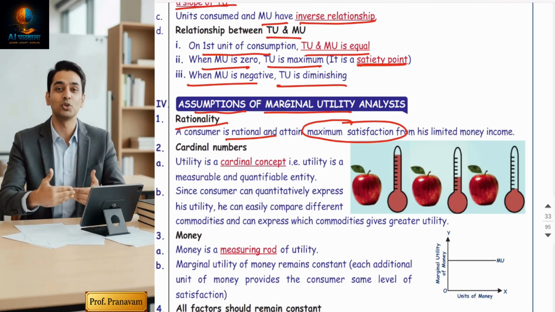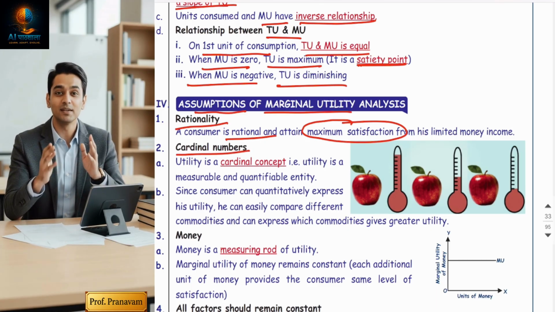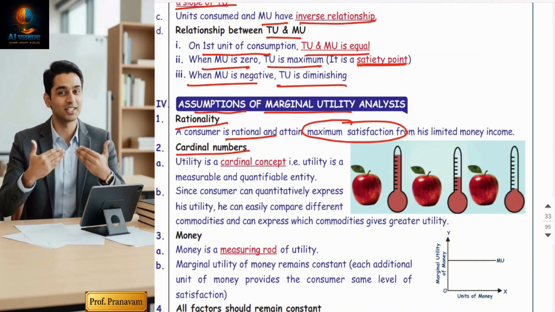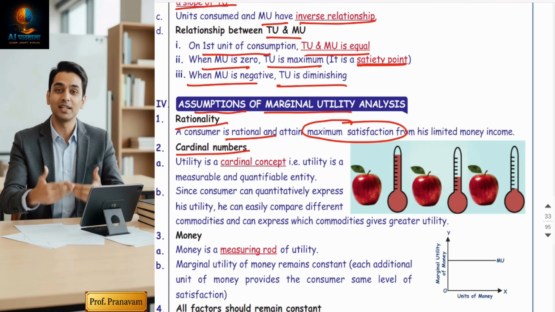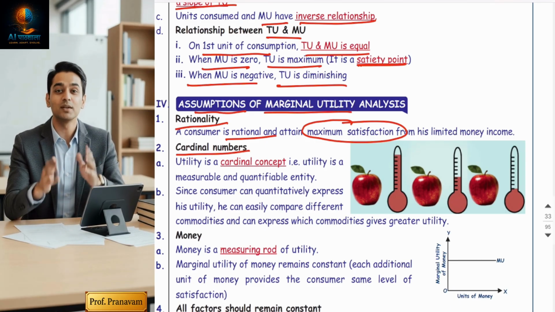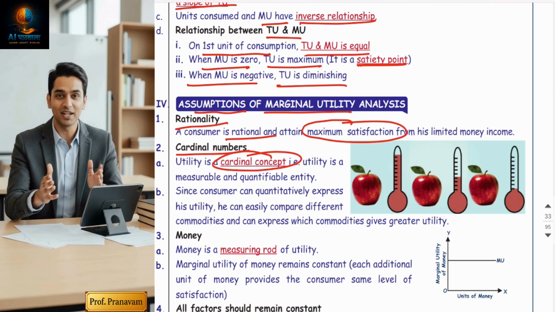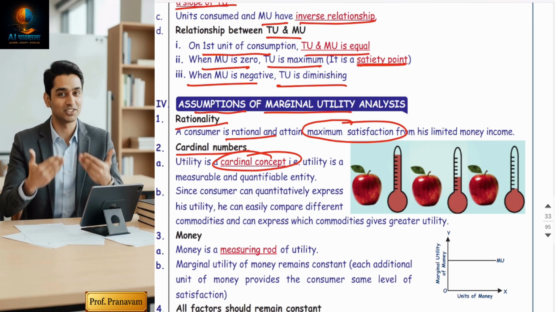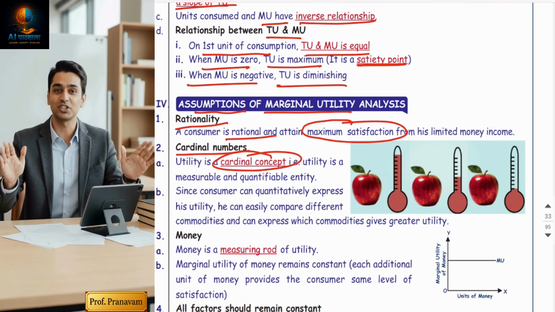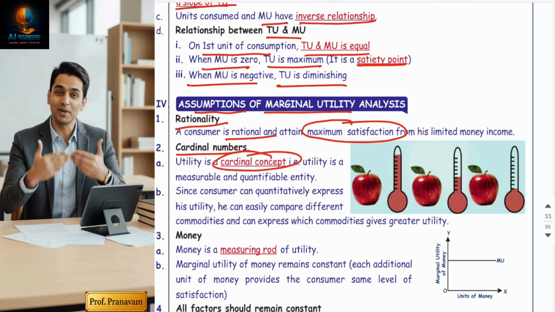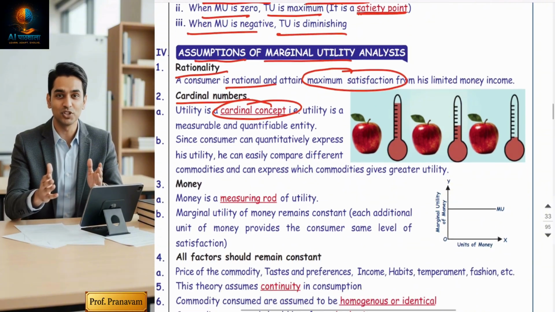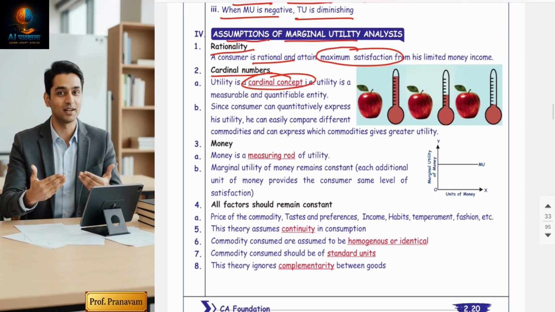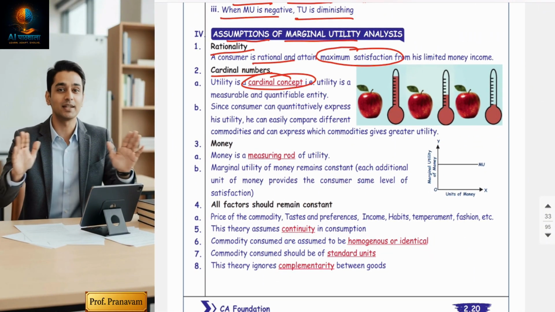Then, guys, second is cardinal numbers. Friends, utility is actually a psychological concept. Practically, it cannot be measured in terms of numbers, but it is assumed that the satisfaction level can be measured in cardinal numbers. So it's a cardinal utility approach. Without this assumption, this law might not have been framed at all, right? 20 utils, 30 utils, 15 utils, it is cardinal numbers we have used. Okay, then